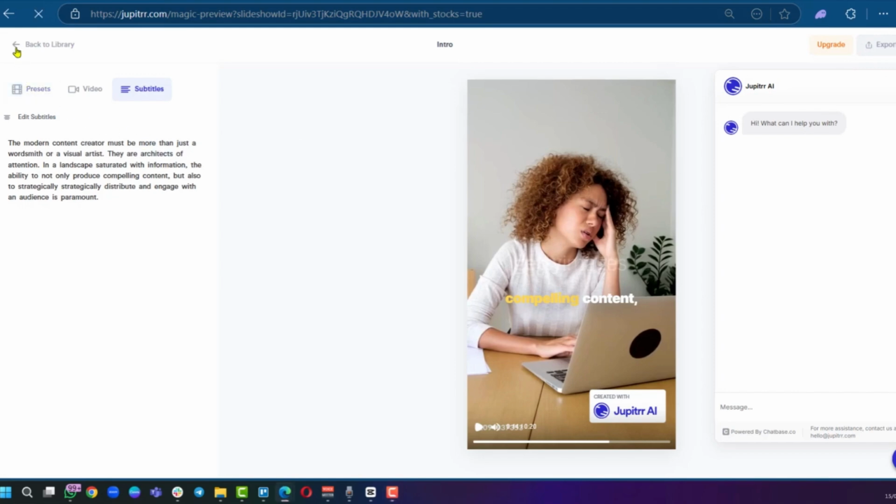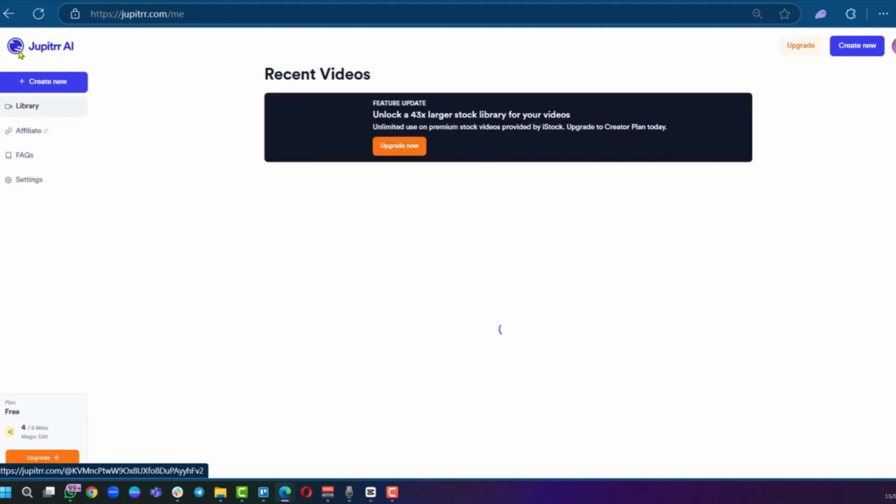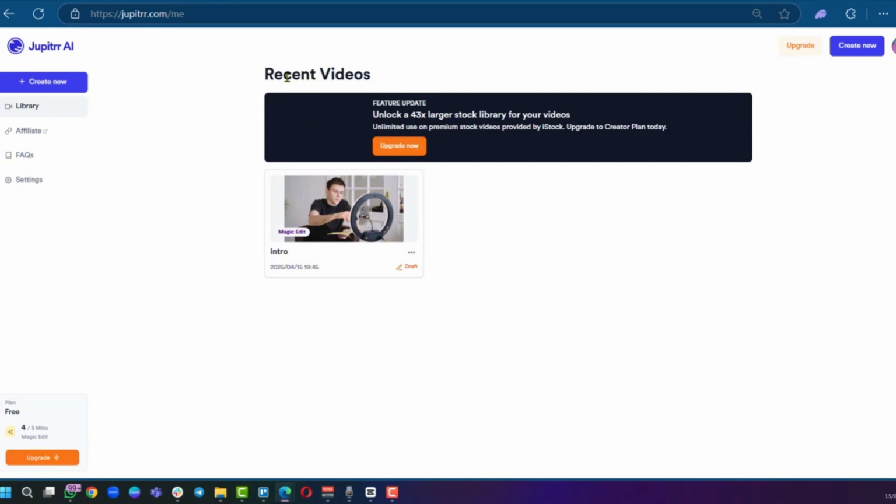or you can go back to your library, and right here in your library you have some controls on the left and some controls on the right top corner. And then in the center you have your recent videos, and this is the video which we just uploaded. So as a beginner, you're going to be seeing some details about your plan, and as you can see here, the plan is a free one, and it's going to show you how many minutes you have left to edit. And if you want to upgrade, you can simply click on it right here,